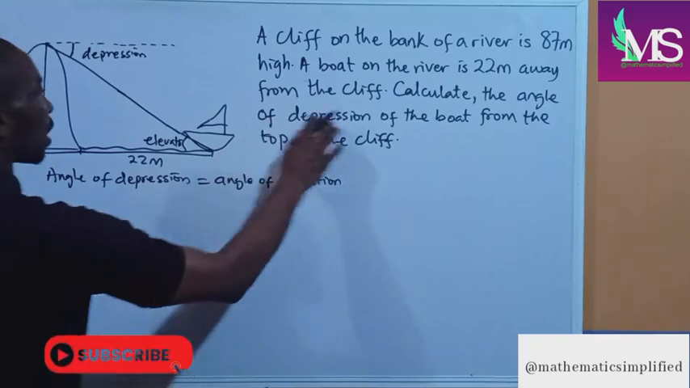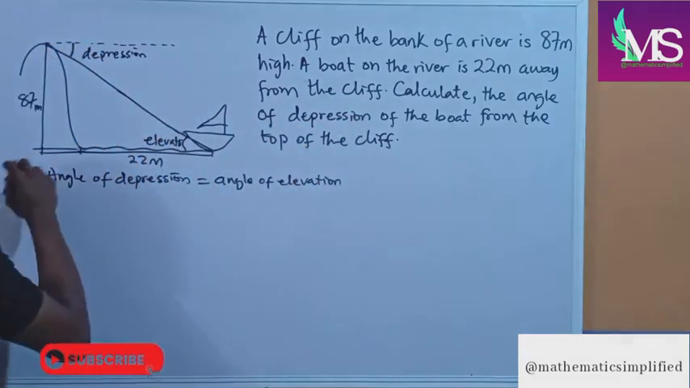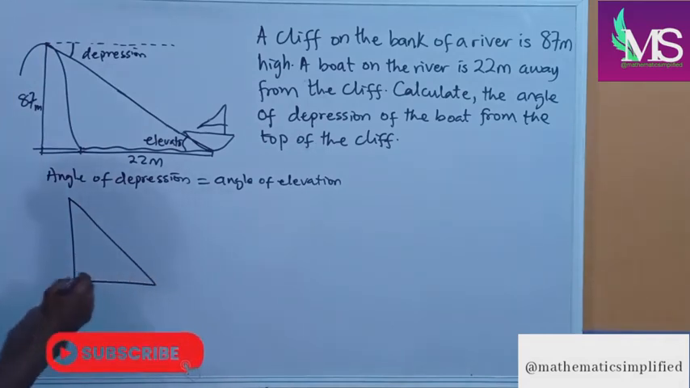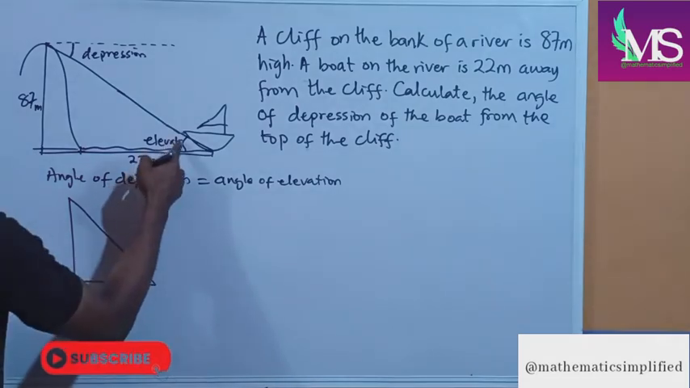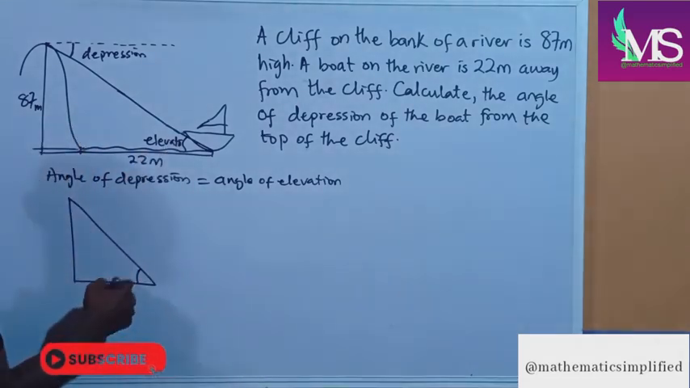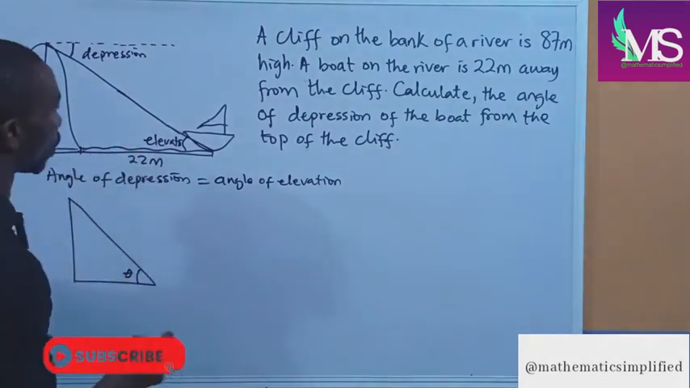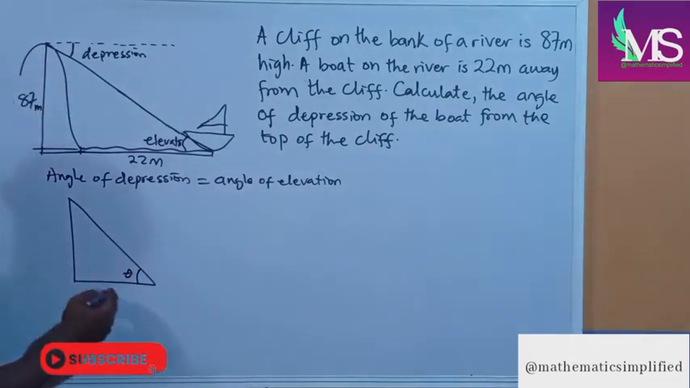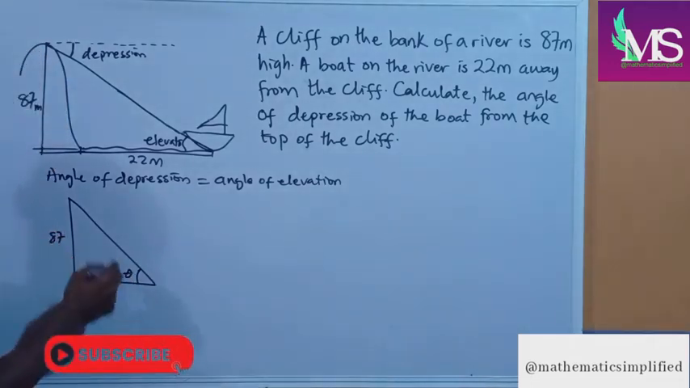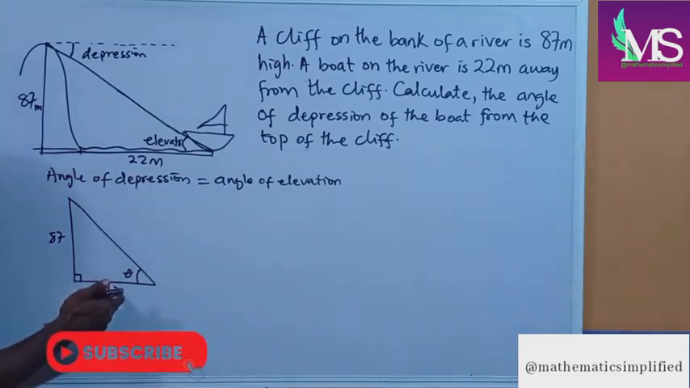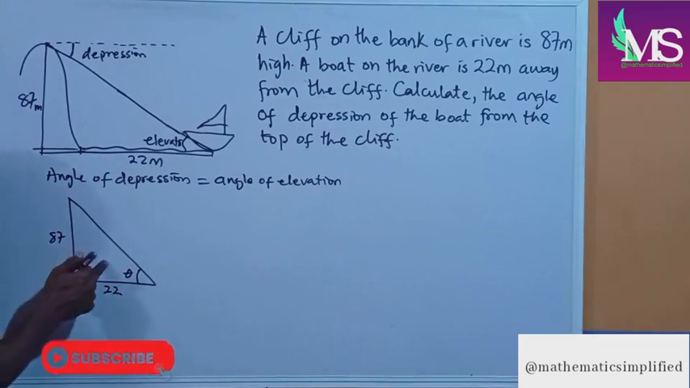Now, since we're asked to find the angle of depression, let's bring out this diagram as a right-angled triangle. Since we know that the angle of elevation is the same as the angle of depression, we can use our angle of elevation to represent our depression. So this becomes theta, with 87 and 22 meters. Bearing in mind that this is our adjacent and this is our opposite, and we are looking for this angle,